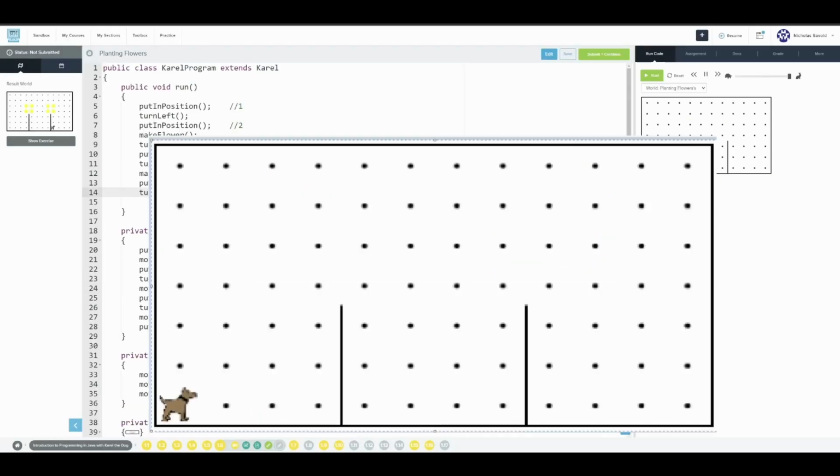Another way you can complete this that I saw a lot of people doing is like this. And I'll do this in a different color just so if you want to differentiate it, you can. Let's take a look here. So instead of using put in position 6 times, we only use it 4 times. All the methods I wrote are going to be the exact same, but we just had the dog take a different path. So we put in position once, put in position twice, make the flower,